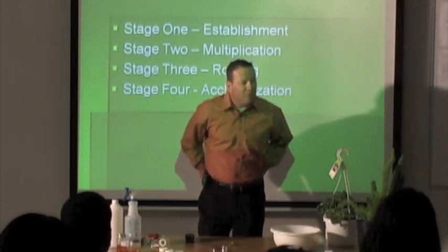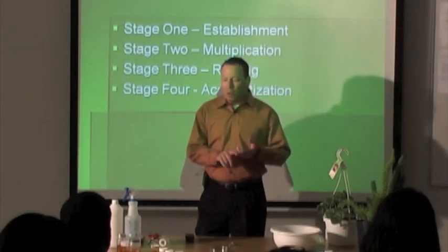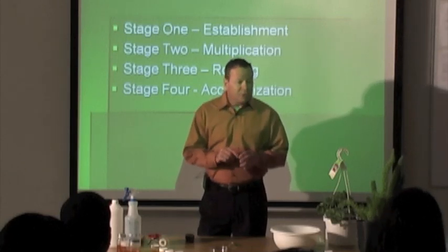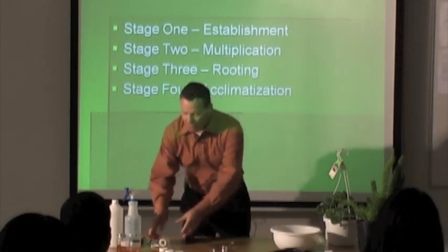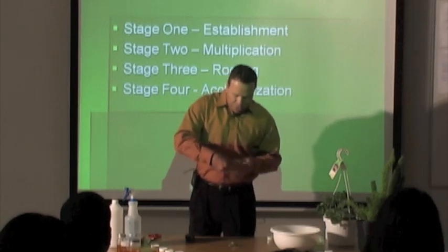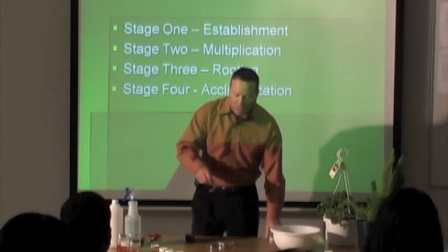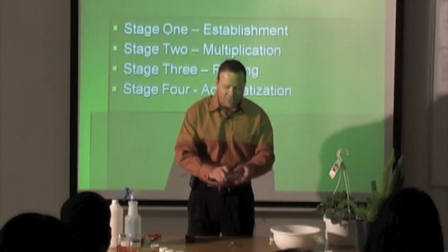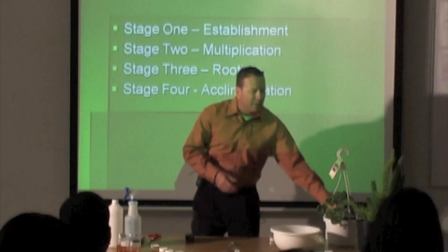Within a matter of 42 hours to 72 hours, if there were any contaminants of fungus, bacteria, or mold, it will grow. But if it doesn't, if it stays clean and all you see is that little green speck, then within weeks you'll see roots grow out, stems grow out, leaves grow out. We're going to take this bad boy, use some stretch tape, and enclose it to ensure that the environment stays safe. You can try this when we get into the lab, just taking the stretchy tape and moving around the petri dish as such. Like I said, in about 6 weeks, that's going to be a plant just like this, with